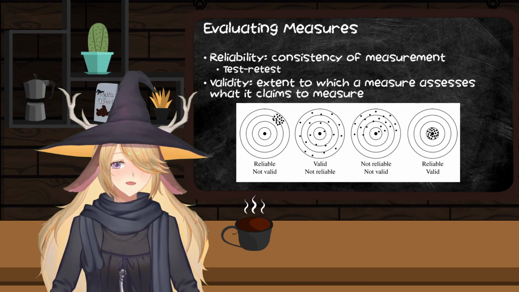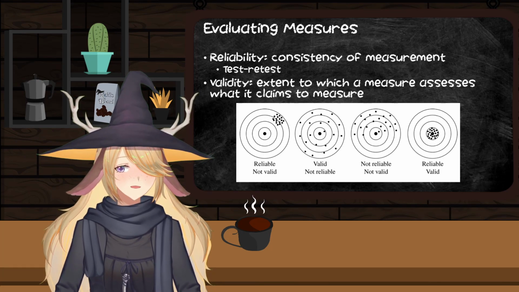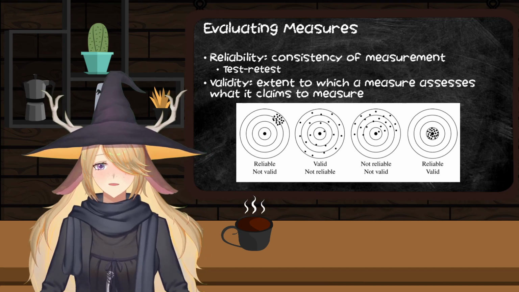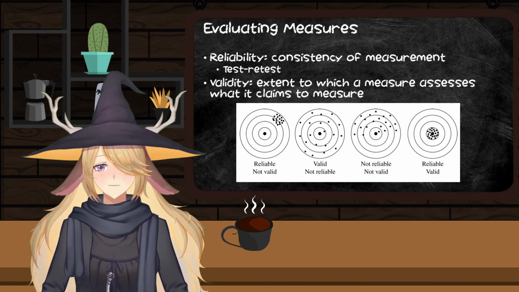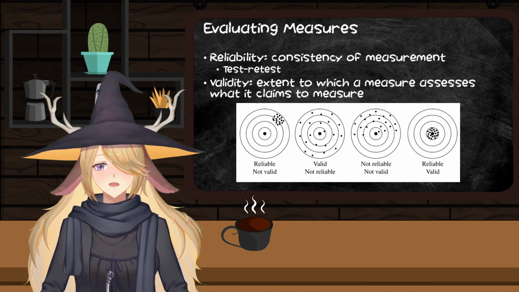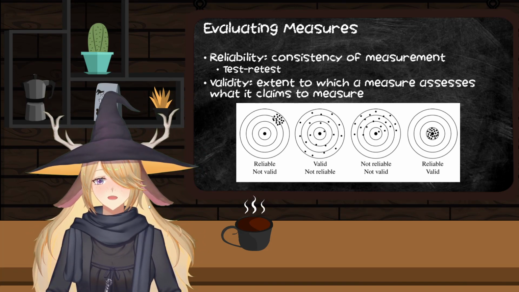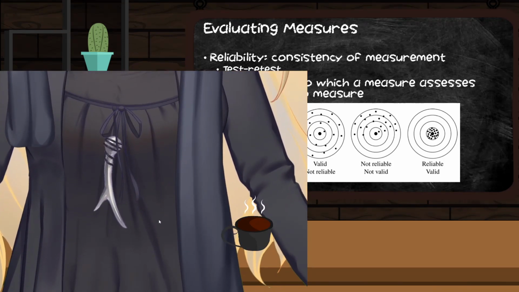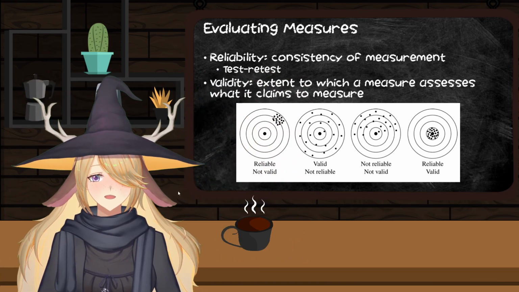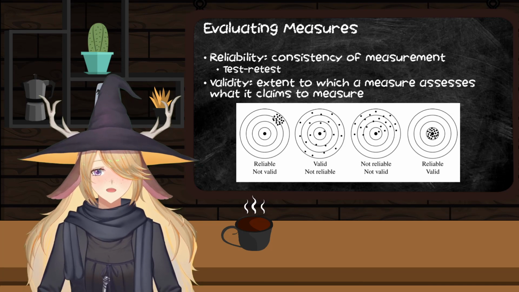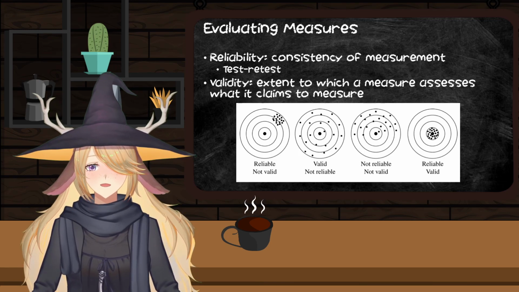So you could say, for example, we want to measure height as a measure of intelligence. Now, if you measure me once and you measure my height, you're probably going to get one answer. And if you measure me again, you're probably going to get a similar answer, unless I decide to embiggen myself, and then you might get a very different answer. Whoop, let's see if we can fix that. All right, I'm back to normal. And so in that case, we would say that height is a reliable measure, but we would not necessarily say,